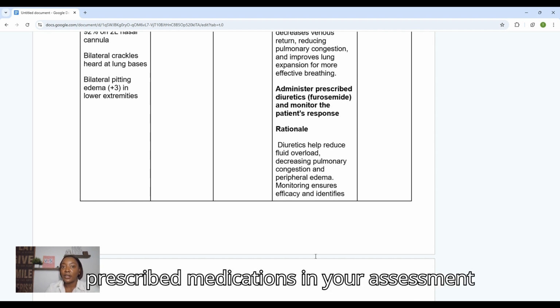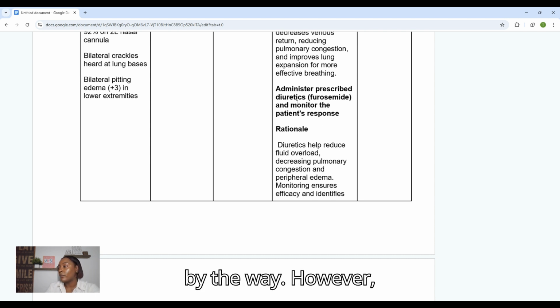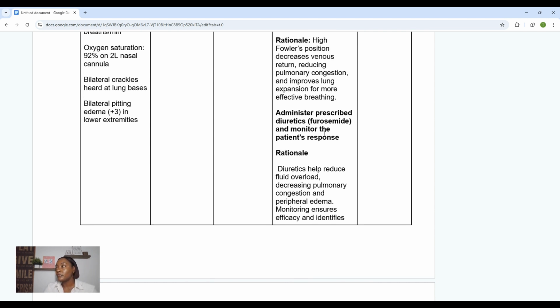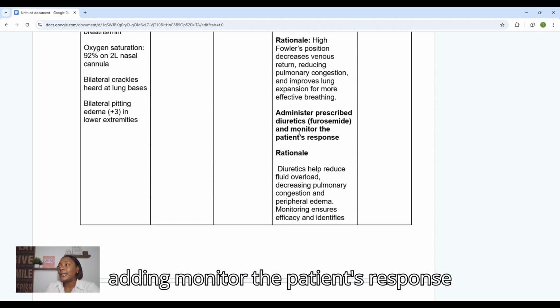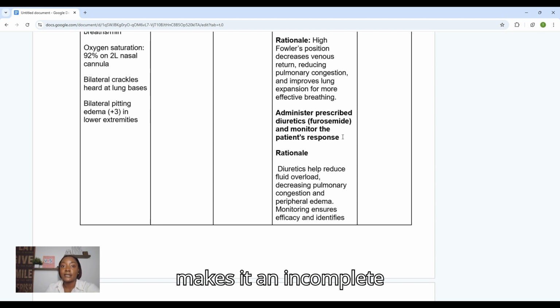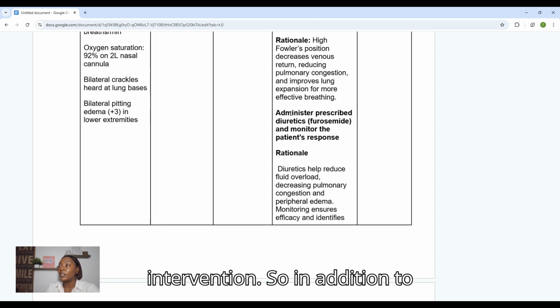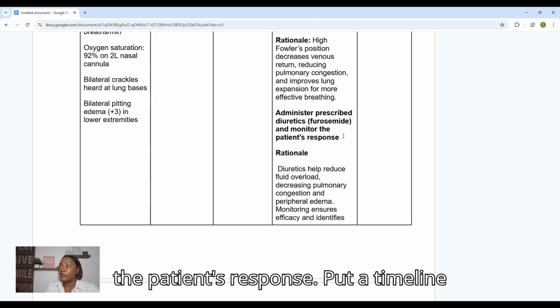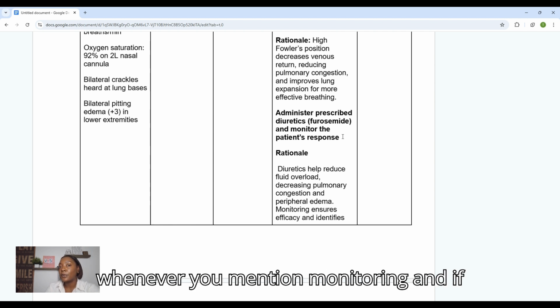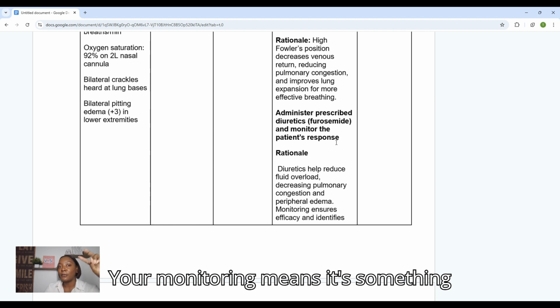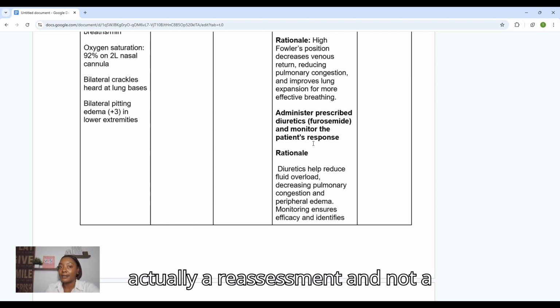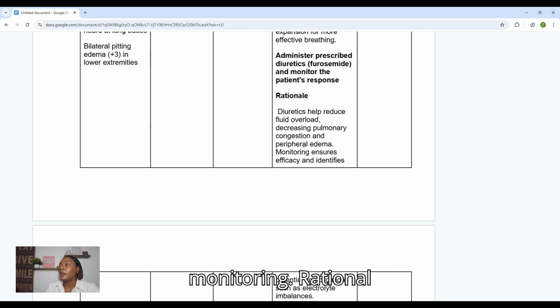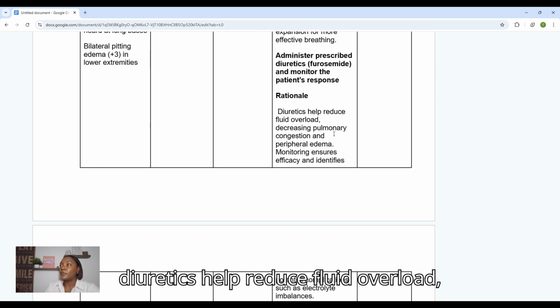You can actually put prescribed medications in your assessment, by the way. However, adding monitor the patient's response makes it an incomplete intervention. So, in addition to the administration, she wants to monitor the patient's response. Put a timeline whenever you mention monitoring. And if your monitoring means it's something you're going to be doing once, that's actually a reassessment and not a monitoring. Rationale: diuretics help reduce fluid overload,